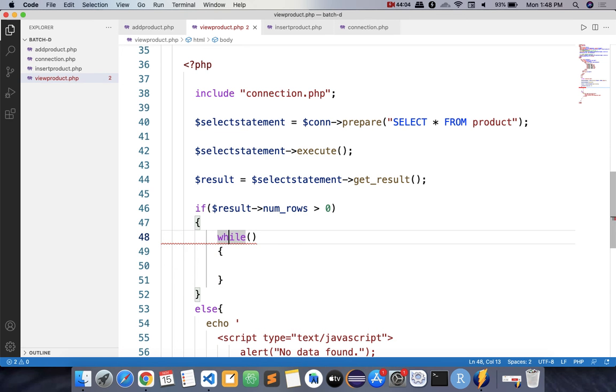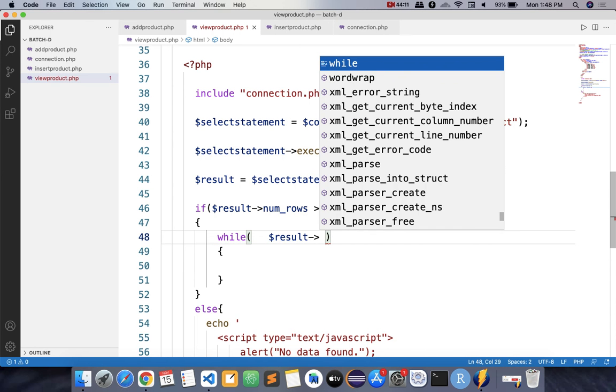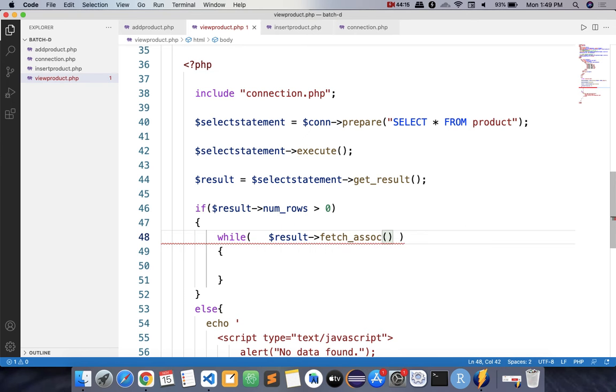ओके, सो डेटा किसके पास है? $result. सो $result के अंदर से डेटा फेच करना है. सो देयर मस्ट बी सम फंक्शन. सो एरो फेच अंडरस्कोर ASSOC, that is associated data, fetch associated data. इस फंक्शन का काम क्या है? एक रो को, मतलब आपके बंच ऑफ रिकॉर्ड में से एक रो को फेच करना. सो वी हैव टू स्टोर दैट रो इन सम वेरिएबल. सो आई विल क्रिएट अनदर वेरिएबल हुज नेम इज रो.